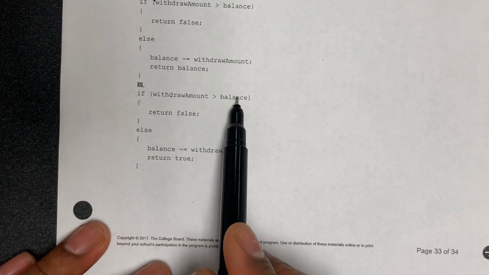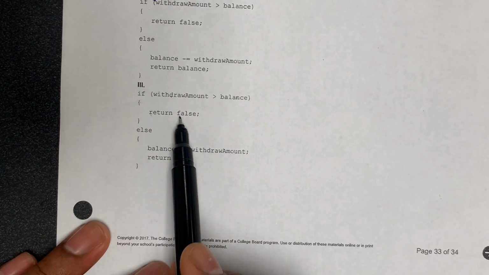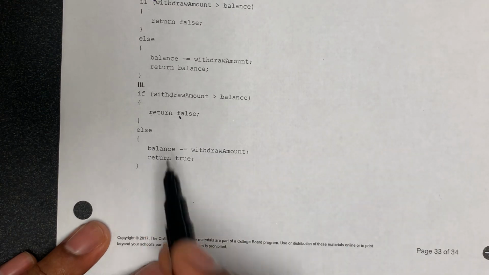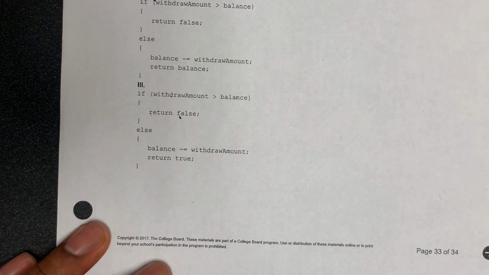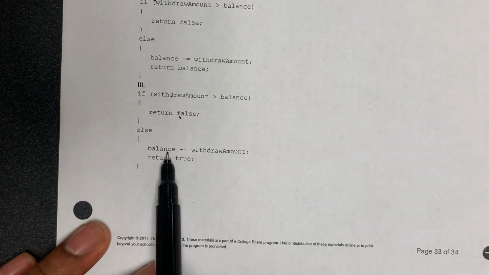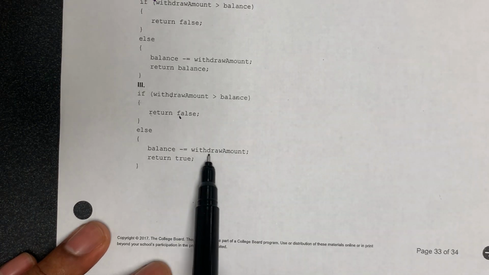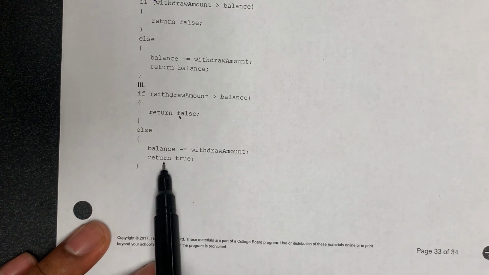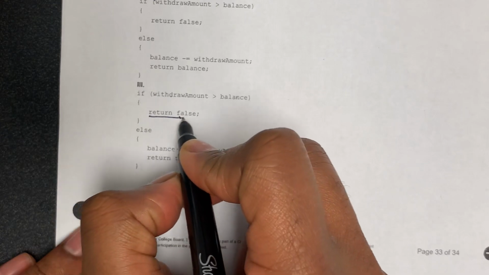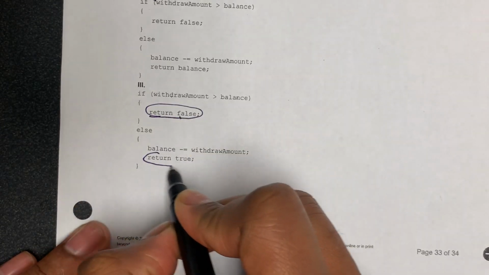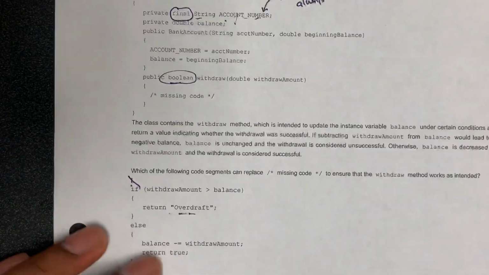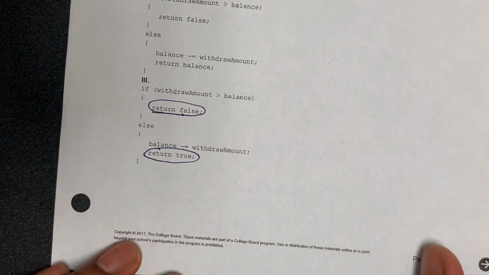And then when we get down to 3, if withdrawAmount is greater than balance, return false, which means you can't withdraw from the account, which is what we want. And then in the else, you withdraw from the account. The balance is updated by the withdrawAmount, and then you return true. The most important part is that both the if and the else conditions return boolean values, because this is a boolean method. So only 3 works,